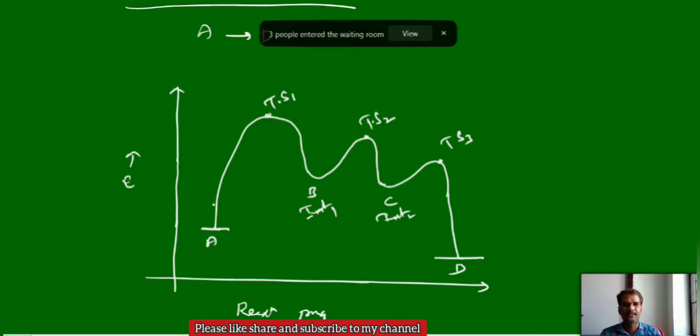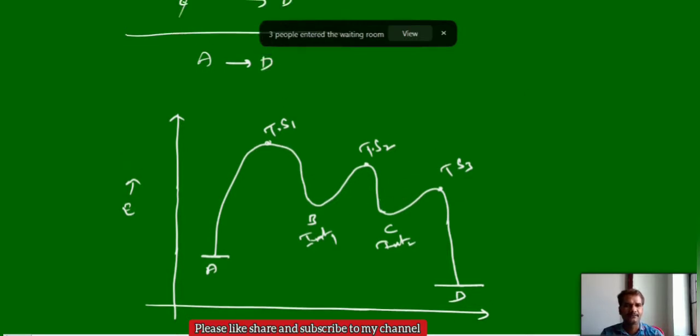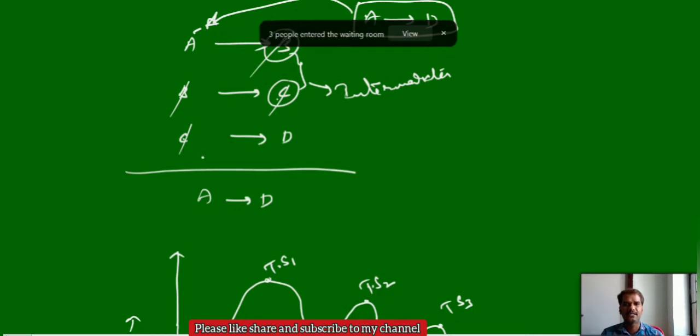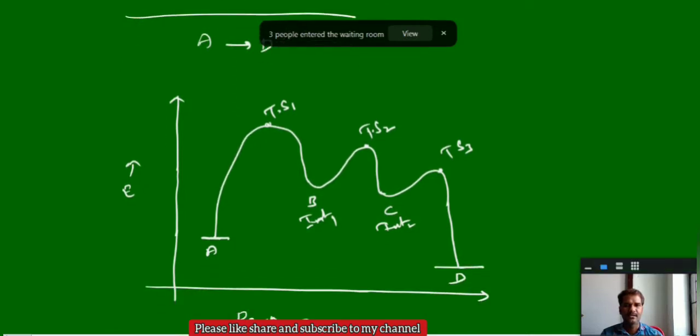So, from this graph, sometimes they will ask you what the intermediates are here. We can say B and C are the intermediates. Now, from this graph, which is the slowest step? Anyhow, we did not mention it here. We have taken this reaction in 3 steps. Out of these 3 steps, which is the slowest step, or what is the rate determining step? Is it A to B, or B to C, or C to D? How can we identify the RDS? RDS is nothing but the slowest step. So, which is the slowest step? It means the rate of reaction is less. In which case is the rate of reaction less? We can identify that based on the activation energy. Now, we can see here A to B.